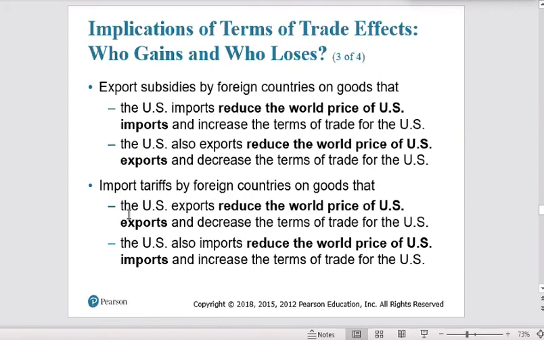So when you have a trading partner, when you look at their trade policies, their trade policies will also impact your terms of trade and your welfare too. So let me put that into a story of what's going on in the world. For example, if the US imposes a tariff on Chinese, for example, on Chinese-made television,